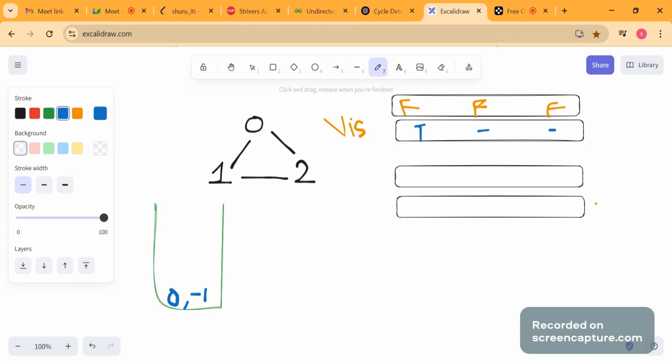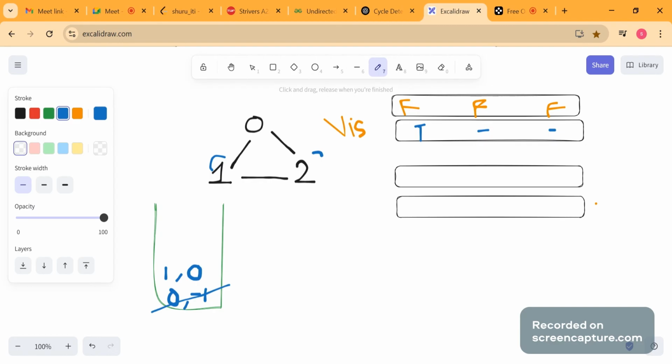Now we will call for its neighbors. 0 has two neighbors, 1 and 2, right? So we will add 1 and its parent. We have come from 0, so 0 is the parent of 1, right? And obviously, before adding its neighbors, we would have pulled out the current node.